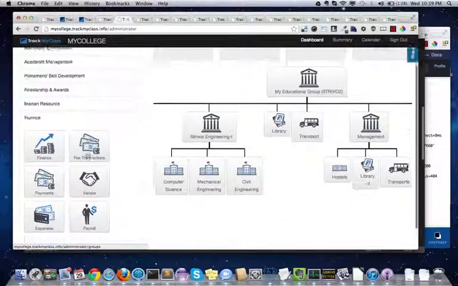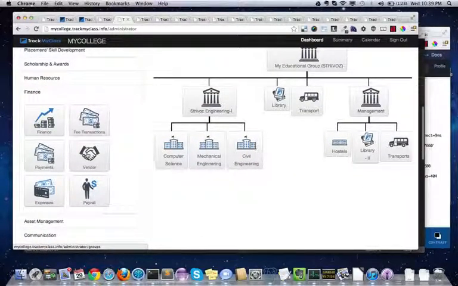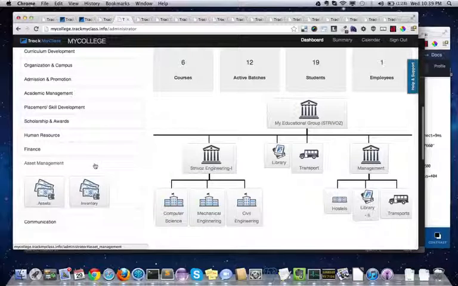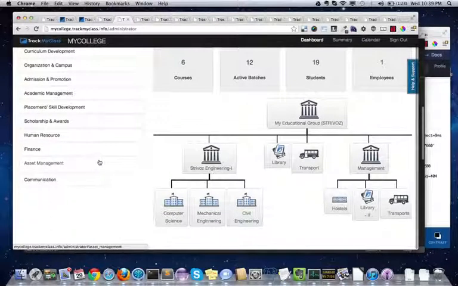We have a finance section to manage the expenses, manage the vendors and the fee collection from the students. We also have asset management to track the different assets. For example, you have computers and lab items, and you can track and also manage the inventory of those lab